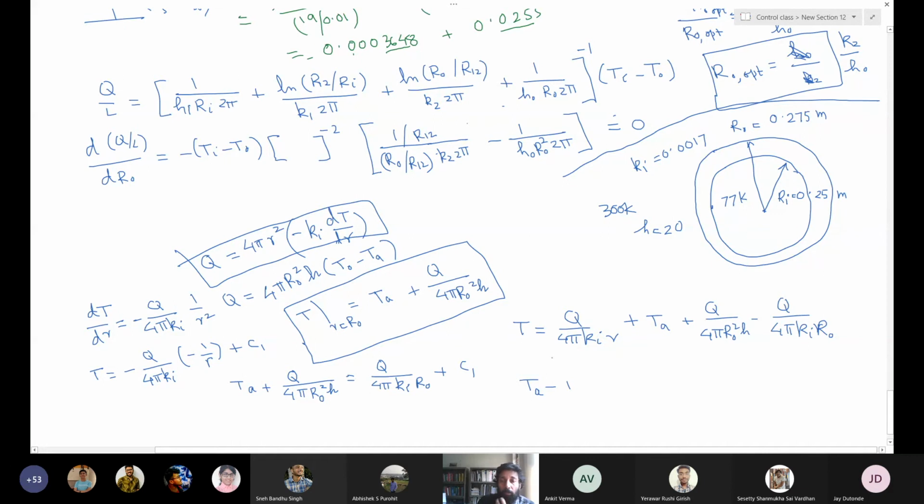And now what we have to do? We have to get the total heat loss, so there is no Q by L business. So this is T as a function of r. All right. So temperature as a function of r. I know T ambient, I know Ti. So at r equals Ri, I can put Ti as